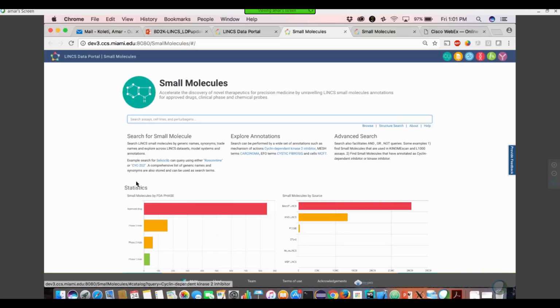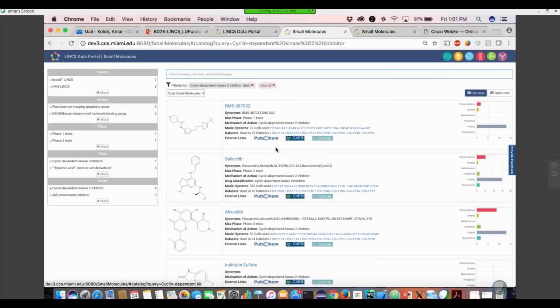And we have statistics here showing by the source, by the center, and also by the different drug phases how the compounds are distributed. I'm going to show you one example, cyclin-dependent kinase inhibitor. You could use MeSH terms or even MeSH IDs or EFO terms or EFO IDs, or the particular mechanism of action, to search. So here we have